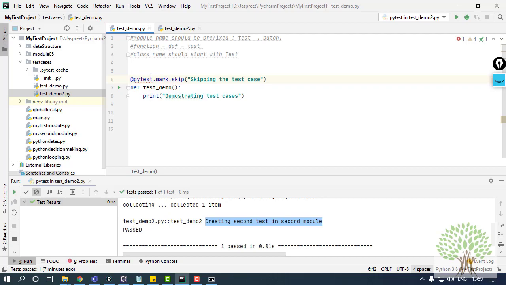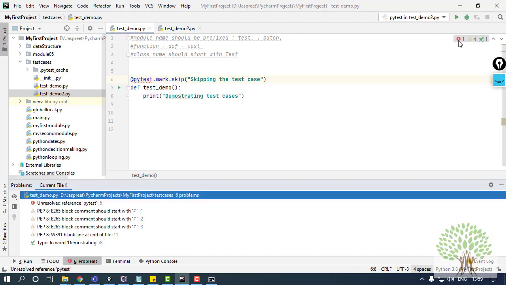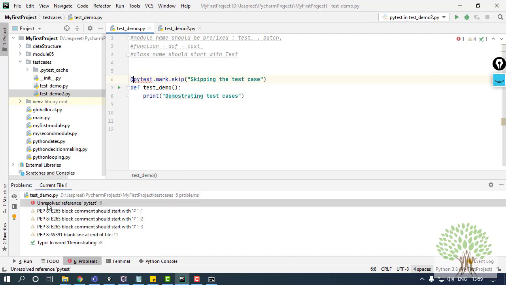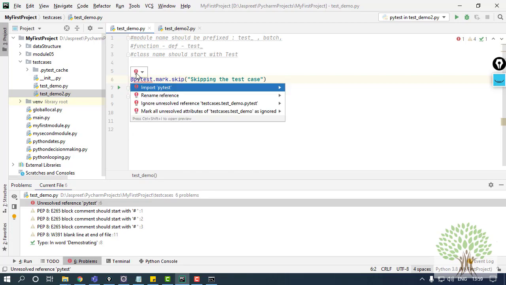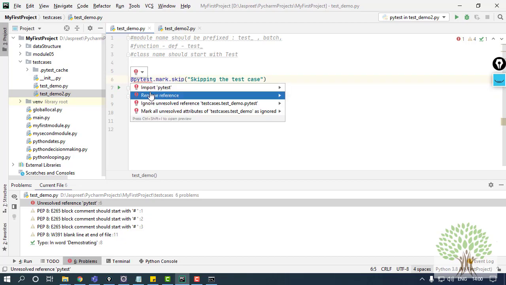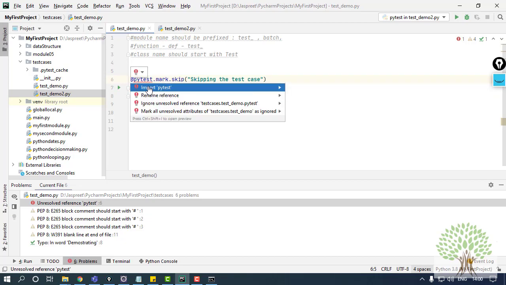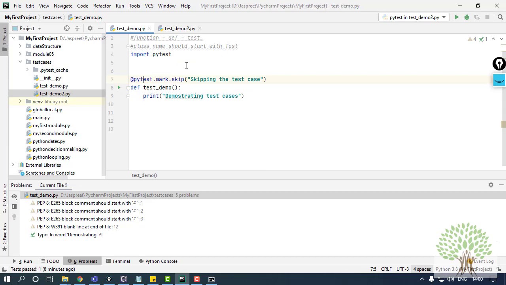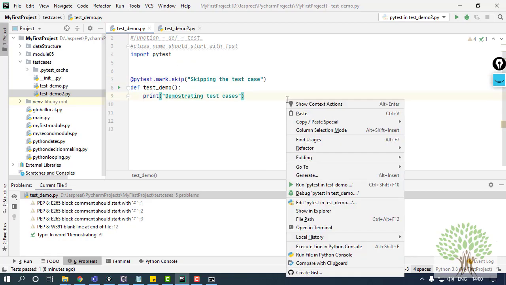Now it's giving me an error. I need to import pytest. You will get an option: once you go to this error, a red bulb will come. You click on that and it will give you an option to import pytest. The pytest got imported.